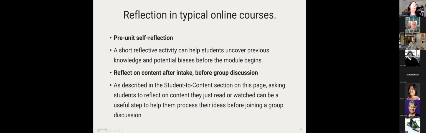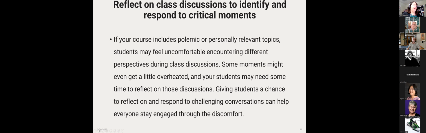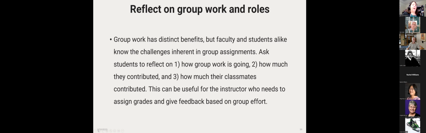And those pre-unit reflections, just uncovering any of that previous knowledge, things that could be possibly or potentially biased. I work a lot with that with the research process, especially in my class, and just having an opportunity to think about things before jumping into the instruction at large. And it really gives them a lot of times to stay through those challenging opportunities and the group work,